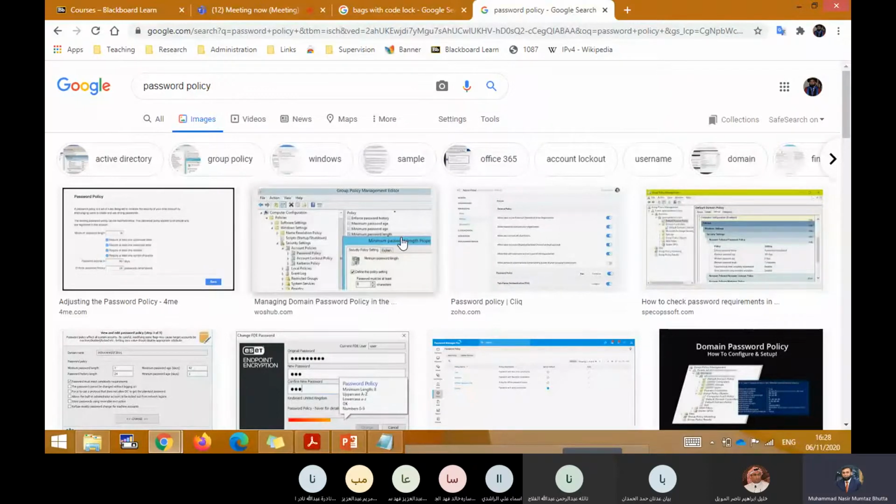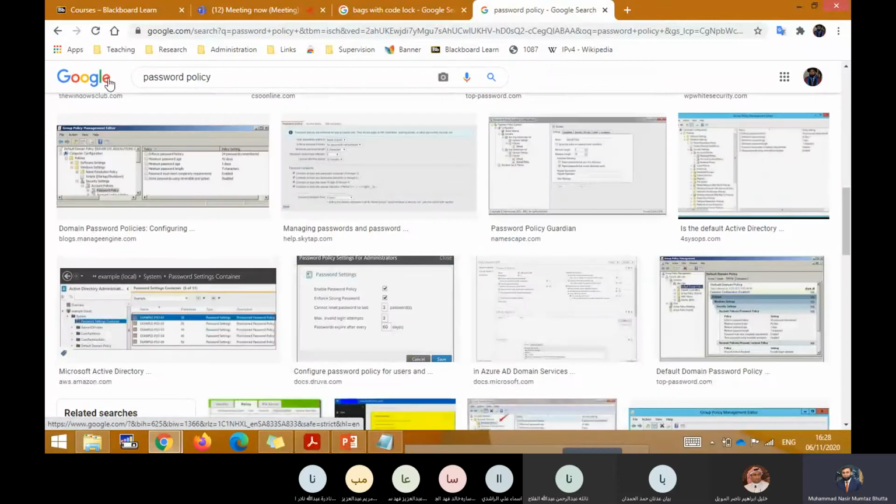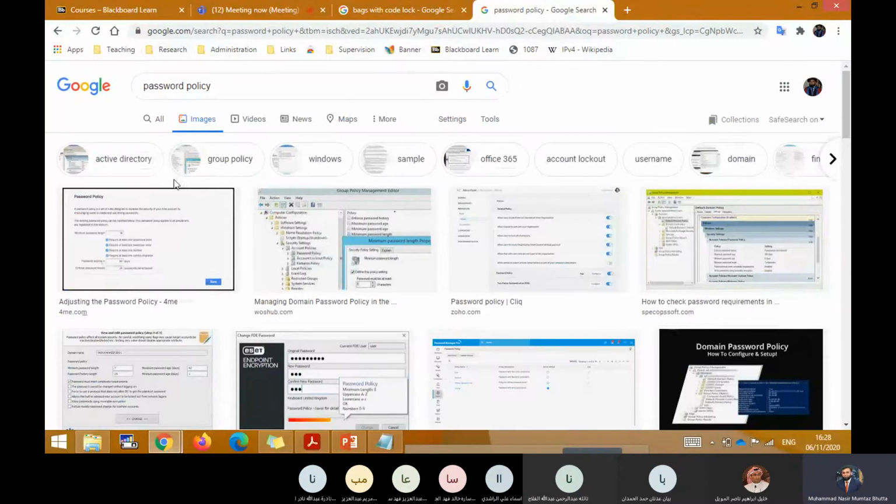In a minute, I will tell you how to use tools to launch these attacks, but first I want to clarify your concept. This is called guessing the password: you try some random passwords, and if something matches, you have launched the attack successfully. But this does not work all the time, so we go with another approach, which is called brute force. I'll tell you in a minute.